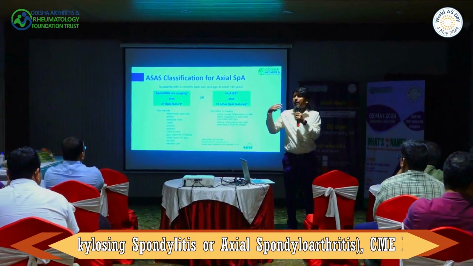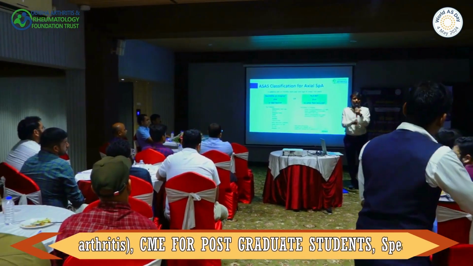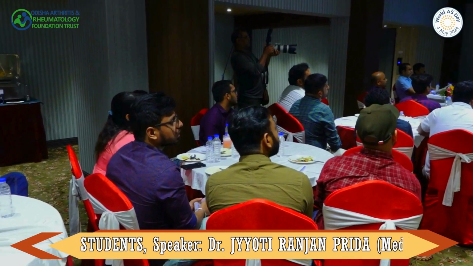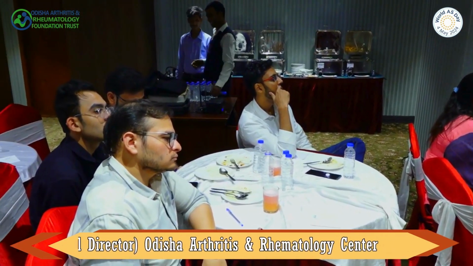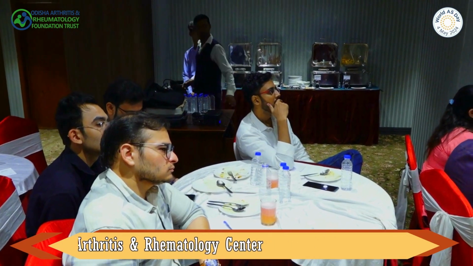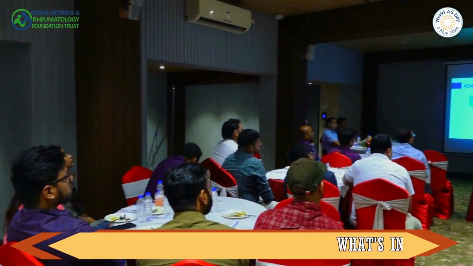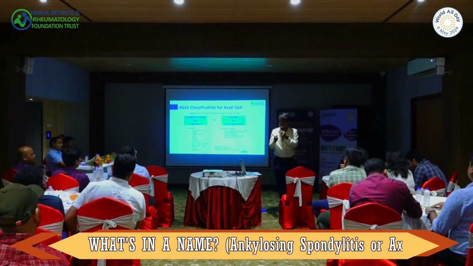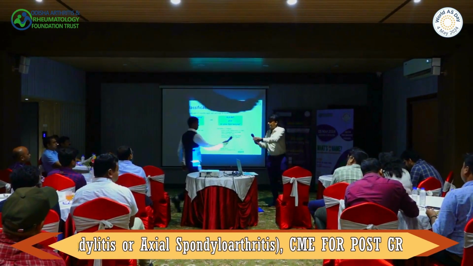Either you have to take the help of radiology, X-ray or MRI, or HLA-B27. But first, HLA-B27: the problem is, this can be seen in 6% of the population. So there are false positives; even if somebody is HLA-B27 positive, they may not develop this disease. So HLA-B27 is not a very sacrosanct test. It's not a very helpful test. That's why, cleverly, what they have told is, if you have done an MRI or X-ray and